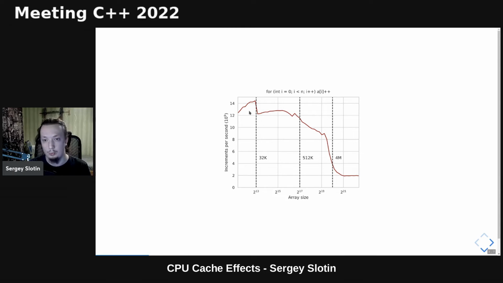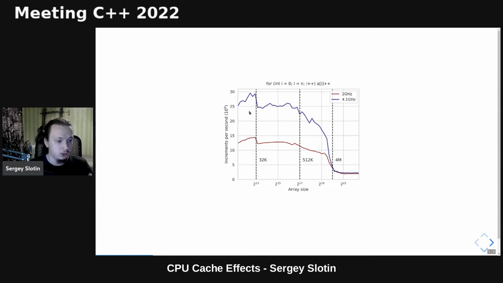In this run, Turbo Boost was turned off, and the CPU was running at a fixed 2 gigahertz. With Turbo Boost on, it can run at up to 4.1 gigahertz, more than 2 times faster. All CPU cache layers are placed on the same microchip as the processor. So the bandwidth, latency, and all other characteristics scale with the clock frequency. The RAM, on the other side, is separate from the CPU and lives on its own internal clock. And its timings remain constant, which we can observe on the RAM portion of this graph.